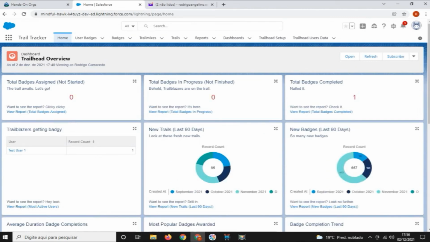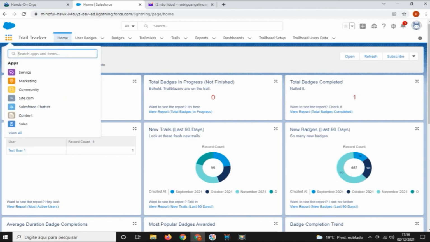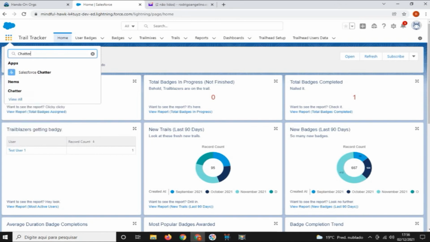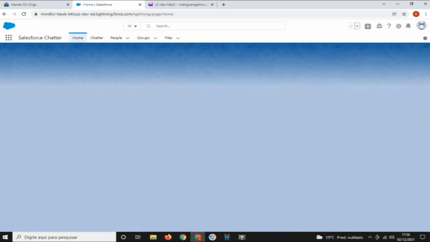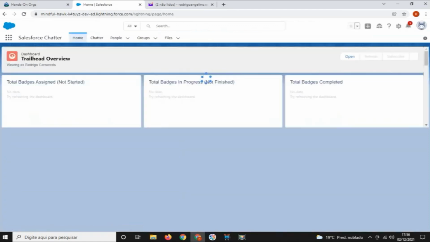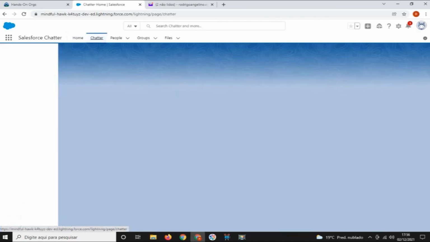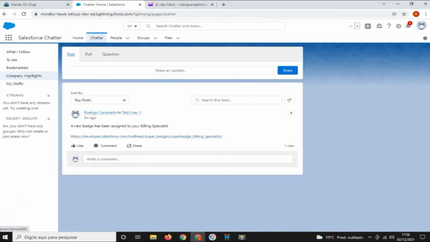So right now this user is able to see lots of things because we haven't changed any of their permissions. So if I go to Chatter, you can see a message: a new badge has been assigned to you, Billing Specialist, and then there will be a link that they will click